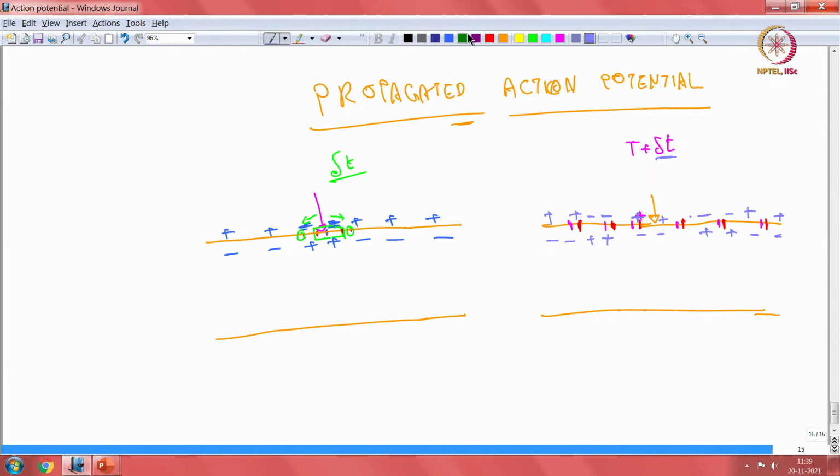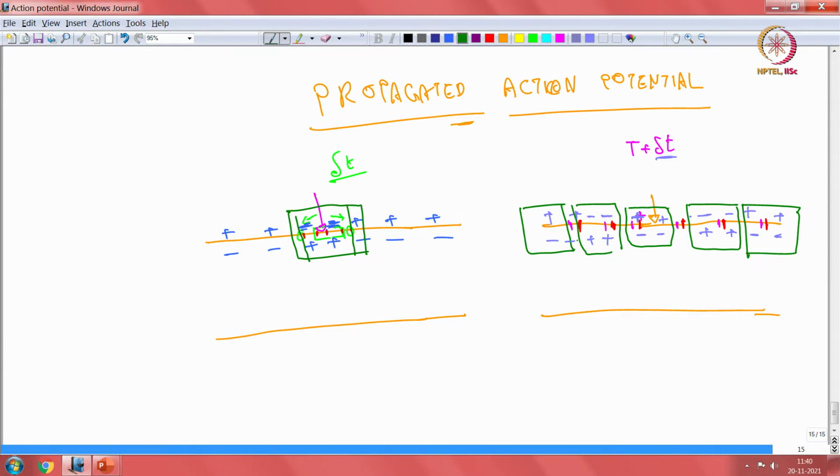So, green color, yes. So, at the onset of stimulus, the change was localized to this small area, not even this small area, this small area. So, this is the area in which there is a local change. At the end of the particular stimulus, meaning at the end of the first action potential, which is this one, it has come back into normal, but it has caused a change in the adjacent areas, right. So, this is normal laterally.